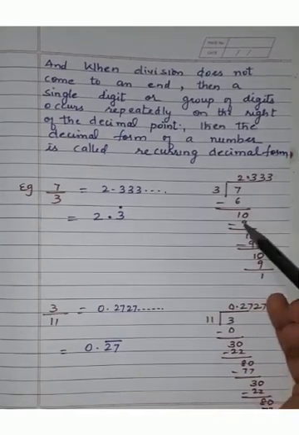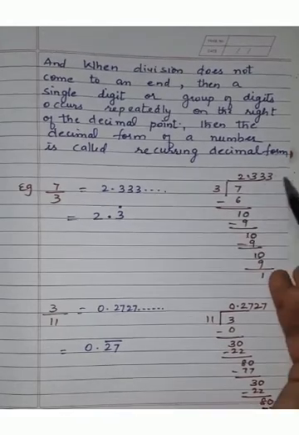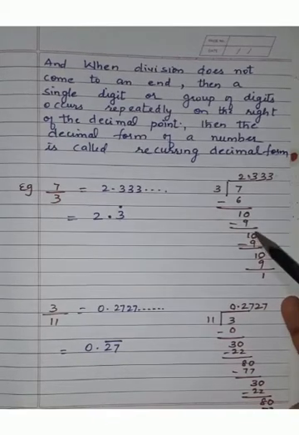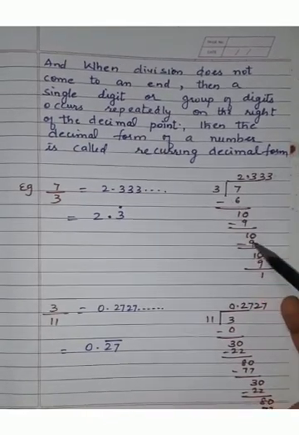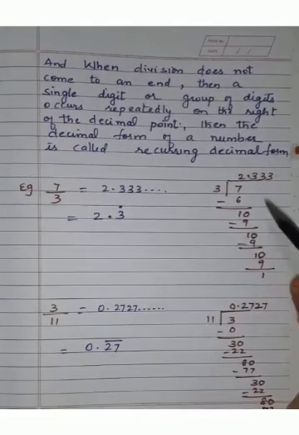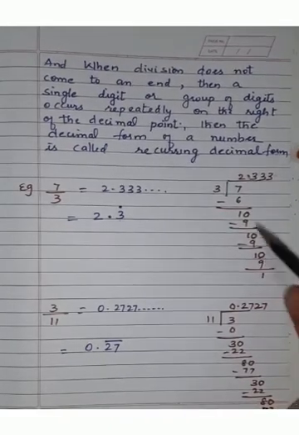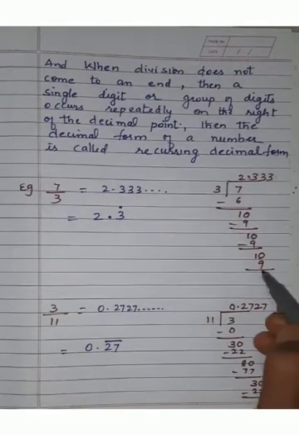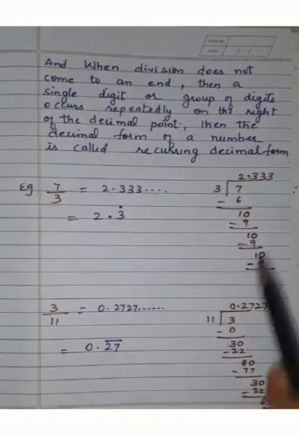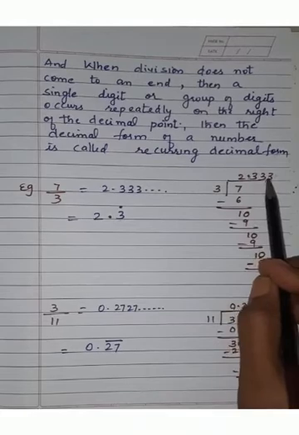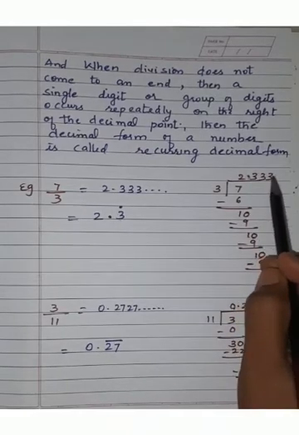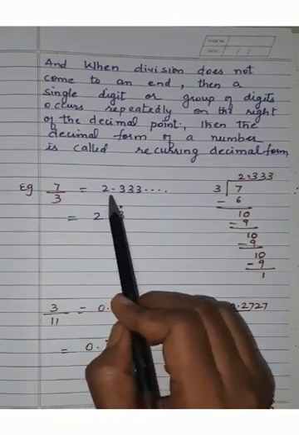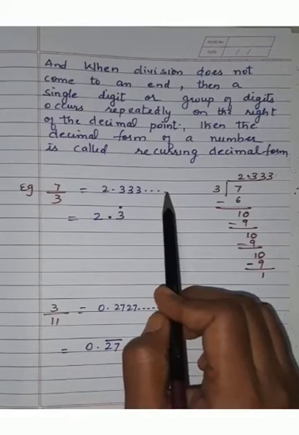Now 3 3s is 9, so 10 minus 9 is 1. Again, since I have taken a decimal point, I can add one more 0 here, so I get 10 again. Again 3 3s is 9, and 10 minus 9 is 1. Again I can take one more 0, 3 3s is 9, and again I get 10 minus 9, which is 1. So you can see that after the decimal point, the digit 3 is occurring again and again. So the decimal form of 7 upon 3 is 2.3333... That means it is a recurring decimal form, children.